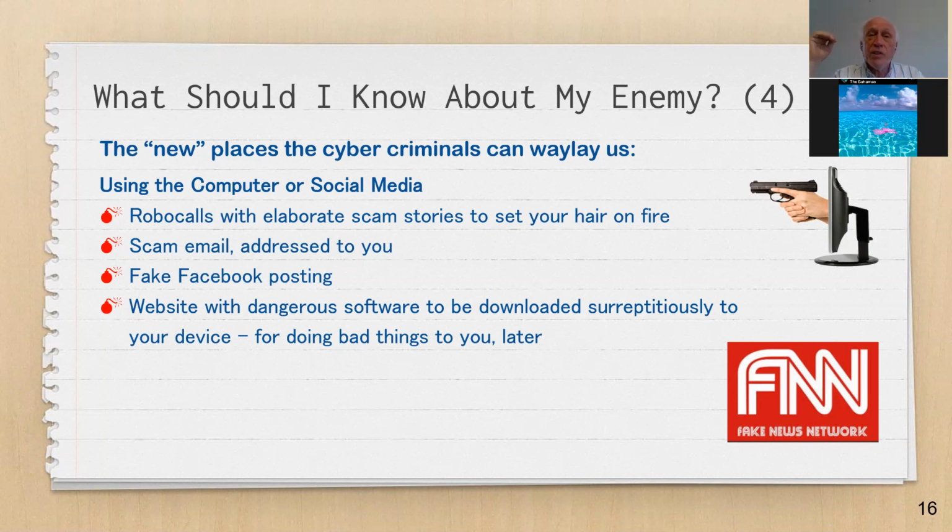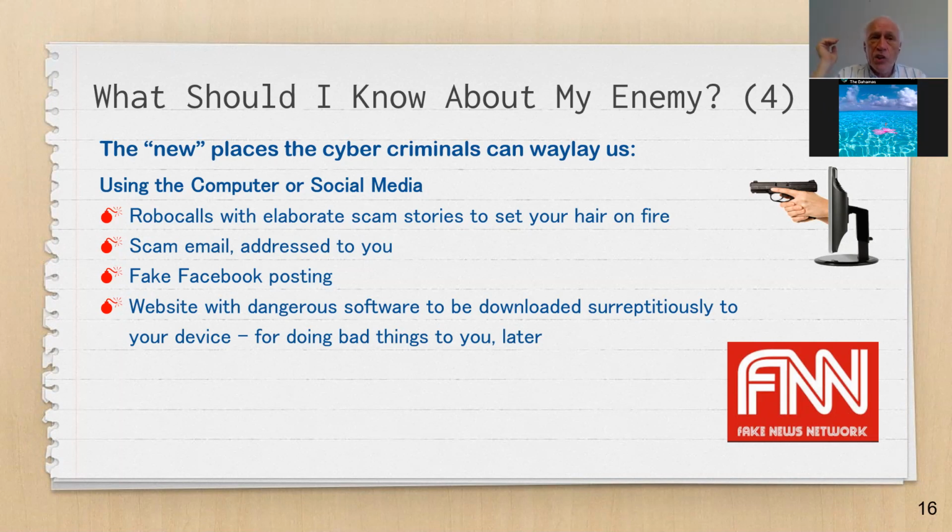If they say this is the IRS, they never leave a message. They never do that. But if you got a message that says this is the IRS calling, this is a serious matter, please call us back on 1-800-123-4567, do not call back on that number, because again, 99 times out of 100, it's a fake. You will get somebody who answers the phone and says, this is the IRS, but really you're talking to some criminal in California or perhaps in Eastern Europe or Nigeria or China or somewhere. You don't want to do that. So if they did ever leave a message saying, this is your bank, or this is the IRS, or whatever, go and look up their number.